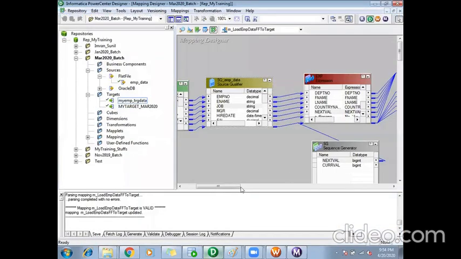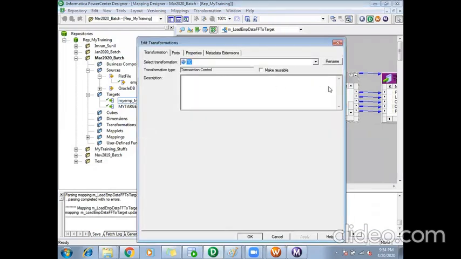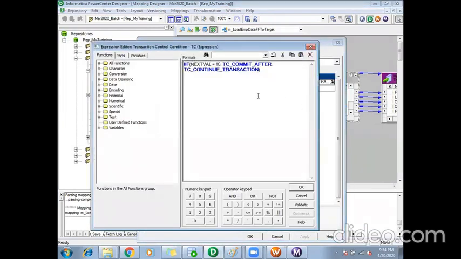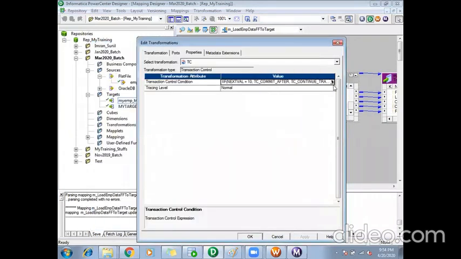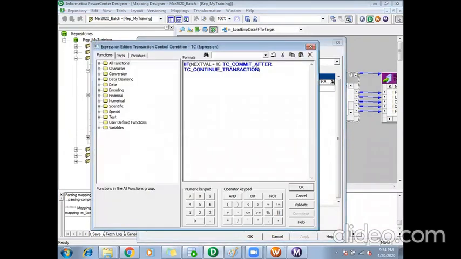Clear? So I hope I'm able to convince you what transaction before and after is. I showed you both examples to make it more clear. If I use before here, only the first 9 records will come. In the file, I'll get only 9 records. The 10th record will go to the next transaction.